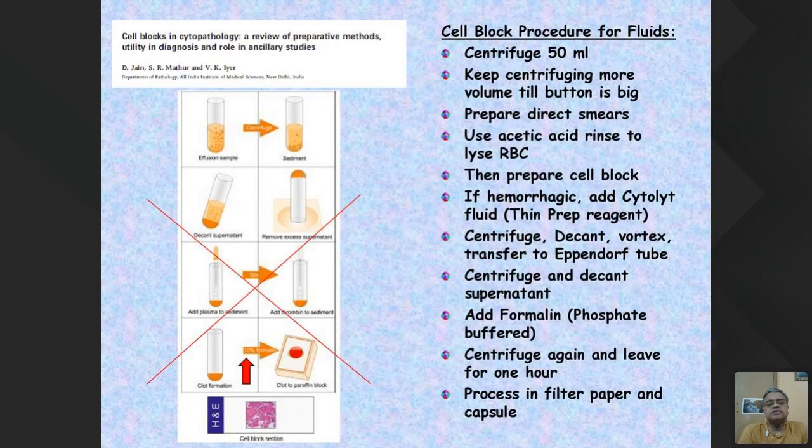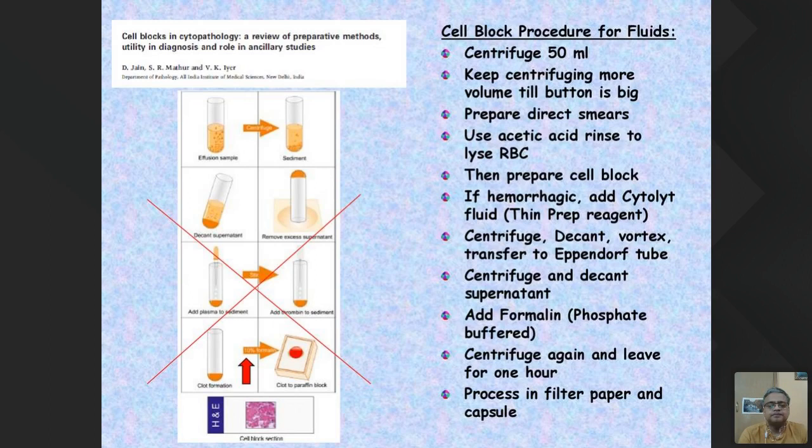Now, there are two ways in which a cell block is prepared. The common way, which is used in many laboratories but not ours, is to use the thrombin clot method. So in that, what you do is you take the fluid, you centrifuge it to get a pellet. Subsequent to that, you add plasma, clot it using thrombin or thromboplastin, whichever is convenient for you. After it clots, you